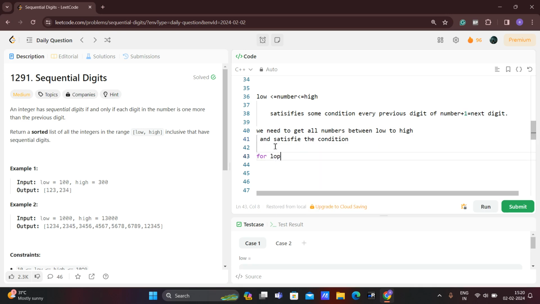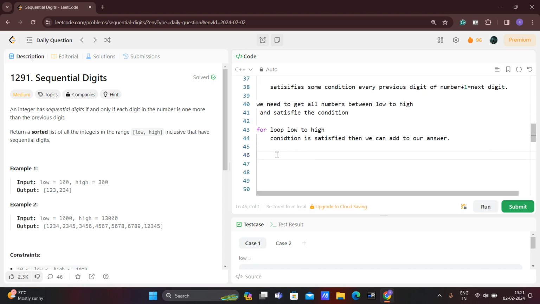So we can go through a for loop from low to high, and we need to check whether the condition is satisfied or not. If satisfied, then we can add it to our answer, right? So what is the time complexity for this one? As we are going from low to high, whatever the range between high and low, let's take it as n, and the time complexity will be big O of n, right? So